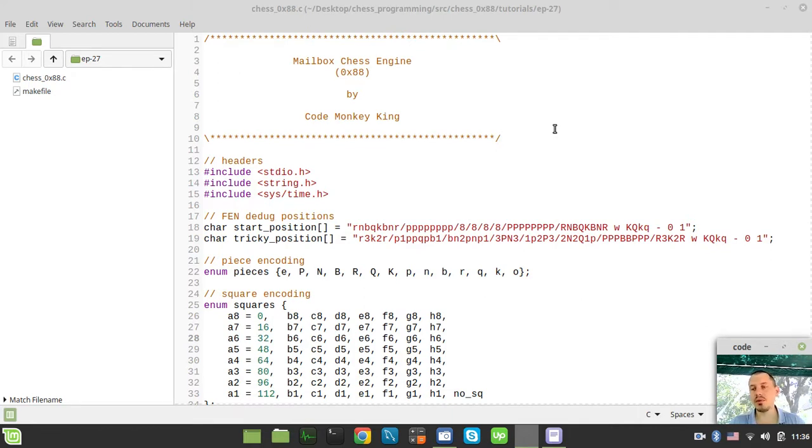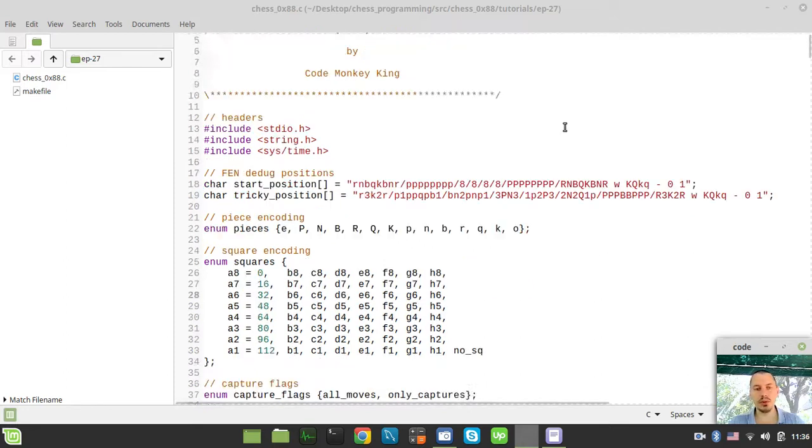But this is good, and yet not enough, because if we have material-only evaluation, our chess engine will have no idea where to put its pieces. So the second thing to consider would be to implement the positional scores as well, and this would be covered within the next video. I just wanted to provide this little guideline regarding what in particular we're supposed to be doing within the next few videos, and let's actually start implementing